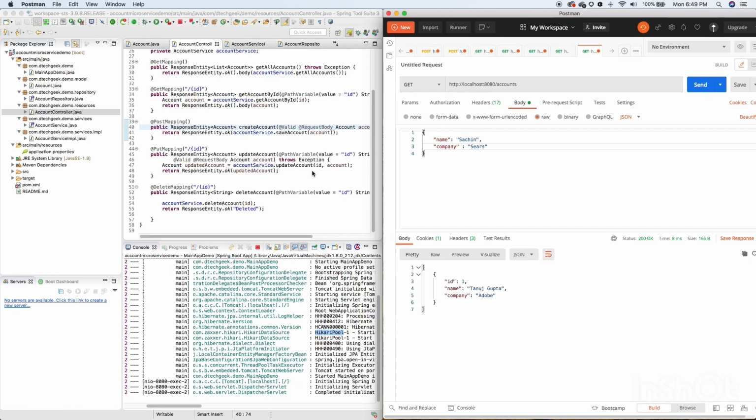Now as a course of next action, if you want, I'll create a video on how to dockerize the same application or how to generate the Swagger APIs for the same, so that we can deploy it as a part of a container. I hope you would have got the gist of the same.